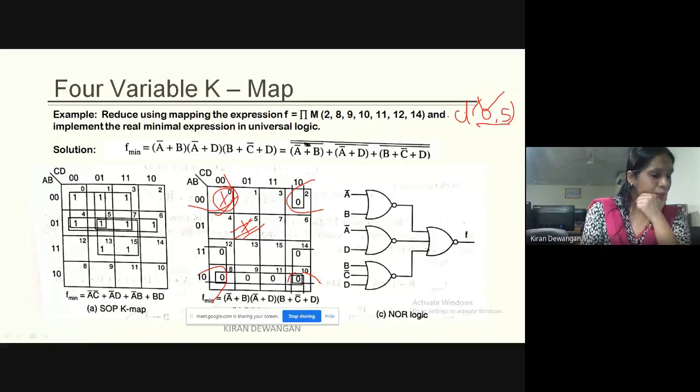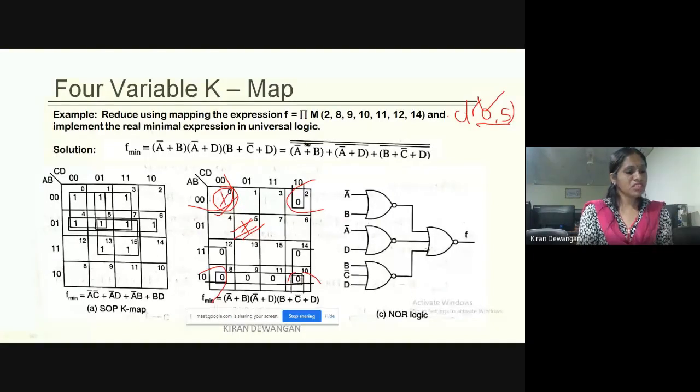Ma'am, is don't care happens in pair? Yes, yes. It happens in pair or octet anywhere. किसी भी question में, किसी भी quad formation में, pair formation में और octet formation में we can use it if it is required. अगर ज़रूरत है वहाँ पर, अगर pair के बदले वो quad में convert हो रहा है और quad के बदले वो octet में convert हो रहा है, then we'll definitely use it. क्योंकि we know the best is the formation of octet or quad because they are reduced in the lesser number of variables.